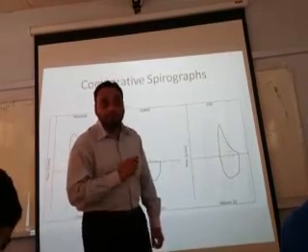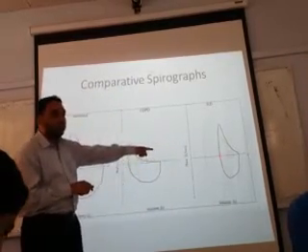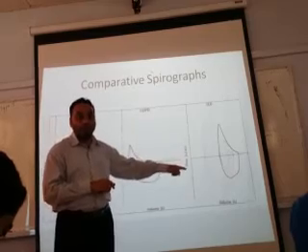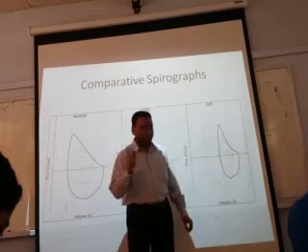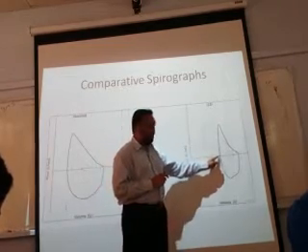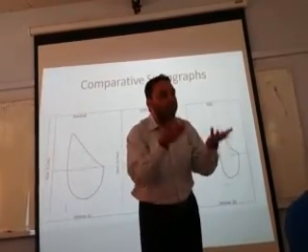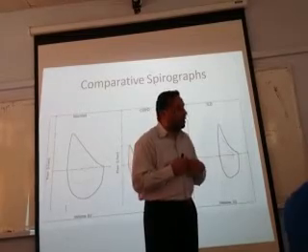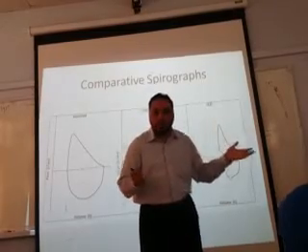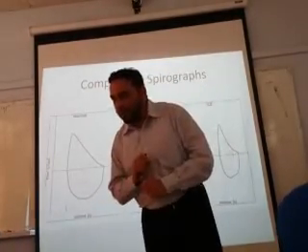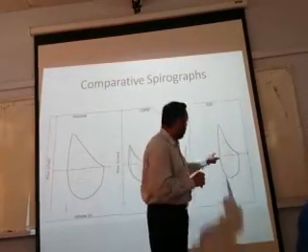Now what will happen here to the pulmonary function test? If the restriction is there, it will be delayed. It will not be at its normal time. It will be delayed because it is restricted. More force is required for me to expire or inspire. But will it affect my flow? No, it will not affect the flow because flow will only be affected when there is obstruction. Correct? Okay? So flow is not affected.